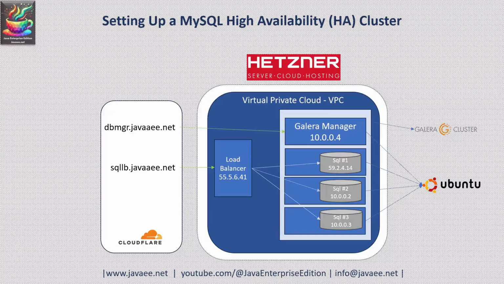We can configure either one of these algorithms at the load balancer level in order to distribute the requests to the SQL nodes. As you see, we have a public IP through which we can access this load balancer through the host name, and then the load balancer distributes the requests to these nodes